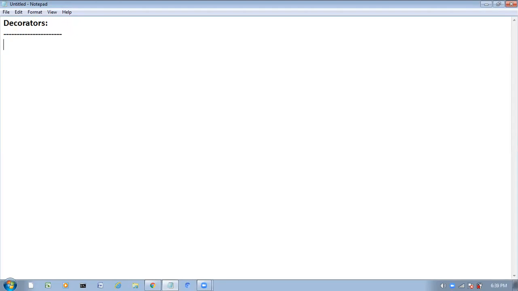Then what is the difference between normal functions and these decorator functions? Decorator is also one type of function only. Simple.